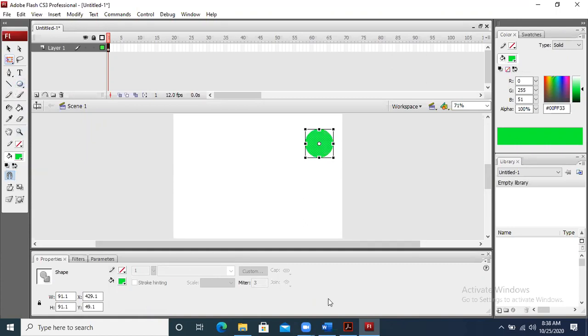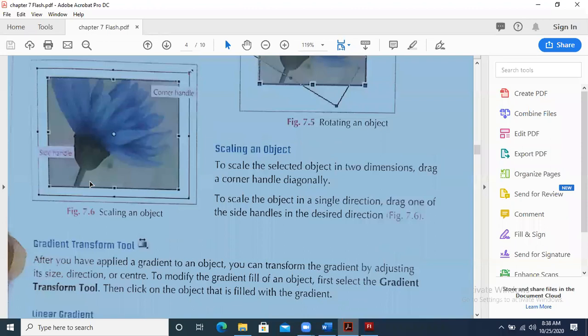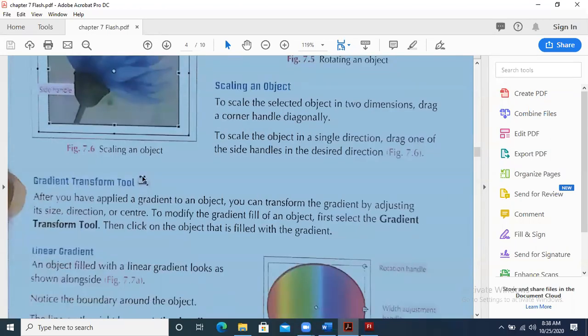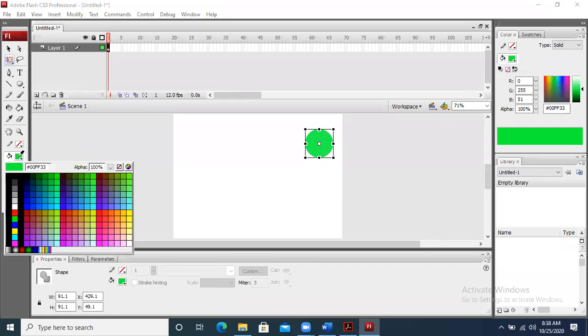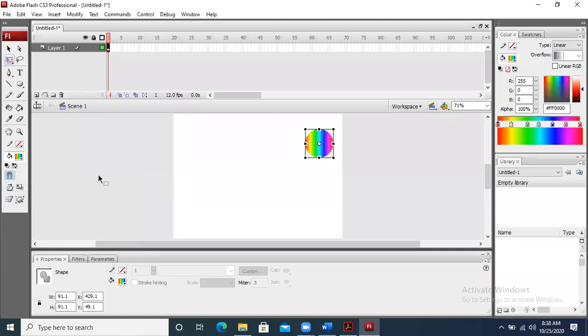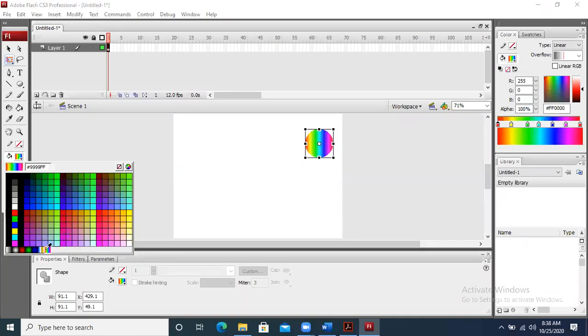You can see this icon will be there for the gradient tool. How we can select this type of color, you can see over here some different options are there.